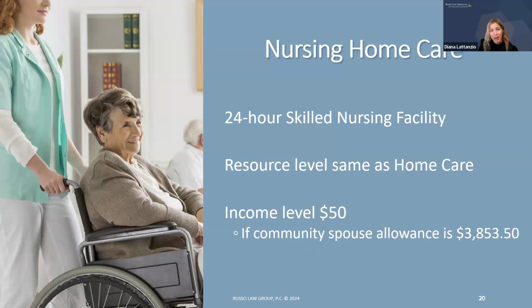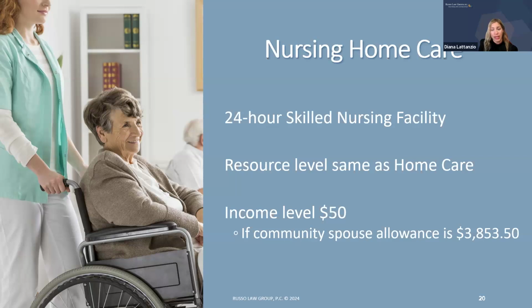And then the third program under the Medicaid umbrella for long-term care is nursing home care. And that's really if we've tried the other options and they just don't work because your needs are far advanced for those programs, which means that basically you need 24-hour skilled care that you would not be able to obtain being in the home, even if you had this personal care assistance, or even in an assisted living facility. So this is more like a hospital type setting, and you would get everything that you need, room and board and 24-hour around the clock care.